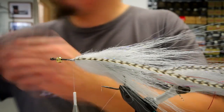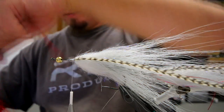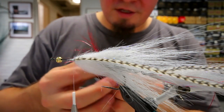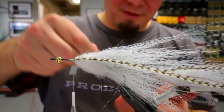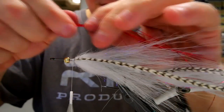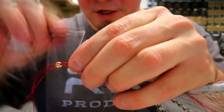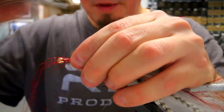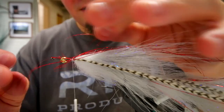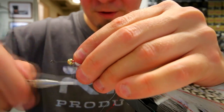Then I'm going to take a small amount of red flash here. Just a small amount again. So as you can see, this is basically exactly the same thing as I did with the tail part. And this should not be as long as the tail, but it should be, well, a bit longer than perhaps the second layer of bucktail. And because I don't want to waste this, then we're just going to turn that over again, also like so,